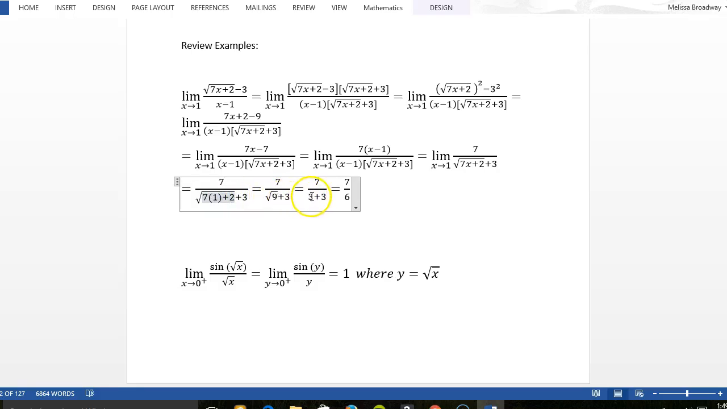plus 3, but radical 9 is 3, radical meaning the square root. So 3 plus 3 is 6. So we get 7/6. Okay, and if you really want to be super complete, when you get past this step